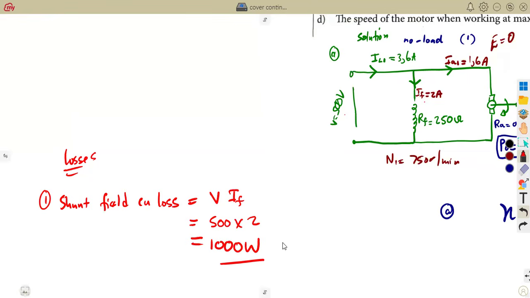We need to determine the copper loss, the armature copper loss, and those ones are at full load. So meaning to say we are going to need a lot of things. We also need